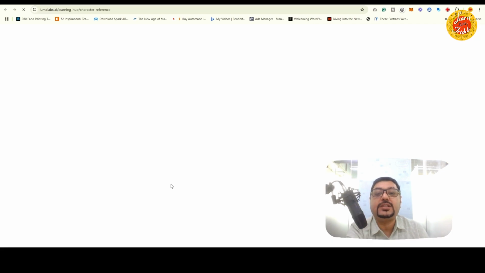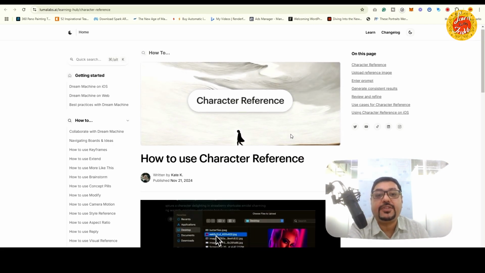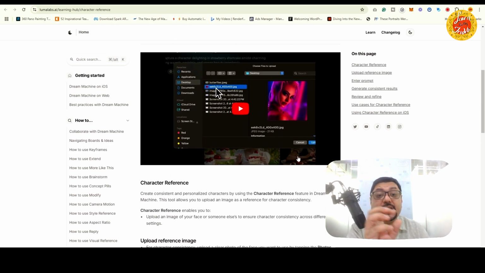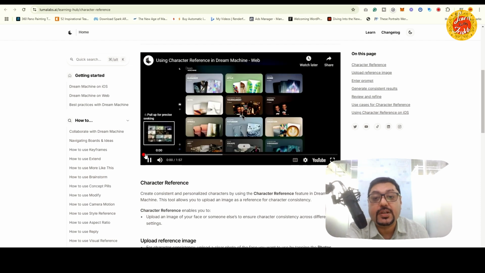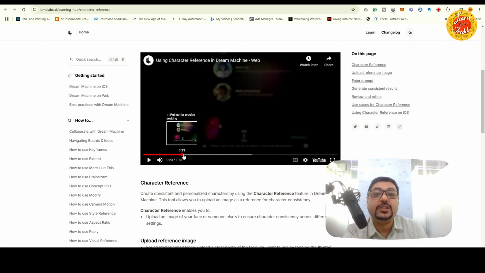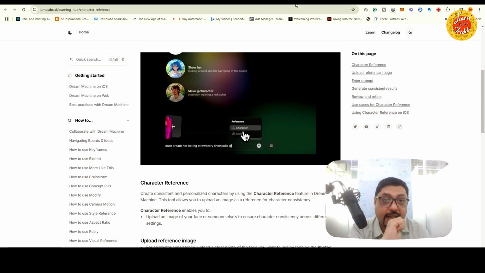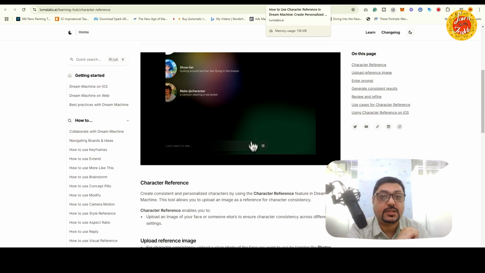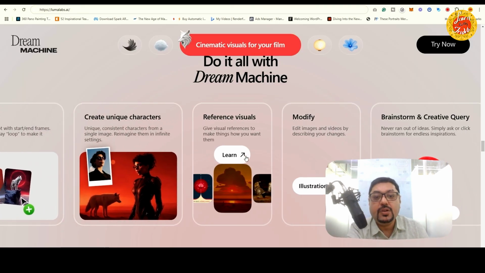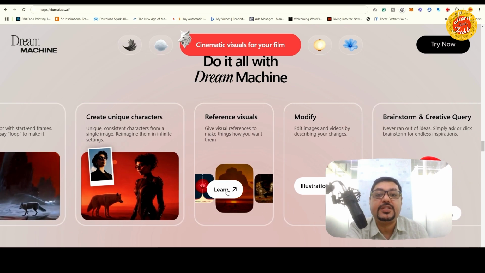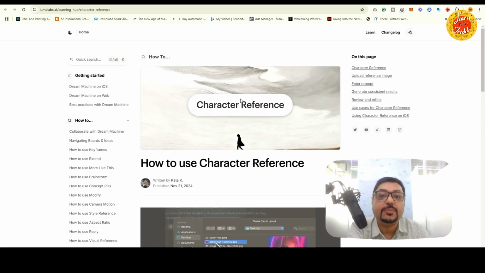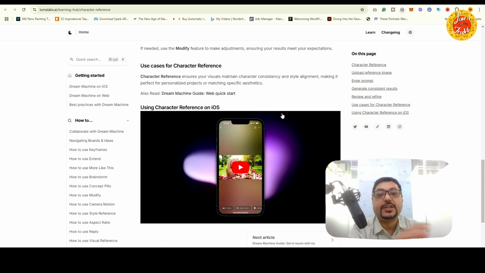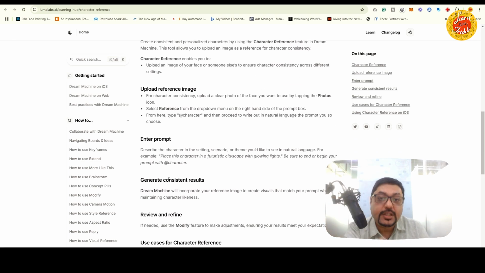Okay, so you can just go over there, you can see their reference character, how they have created each portion of the new interface. They have created it as one separate video. So these particular videos you can actually go through, and they have actually shown step by step how you can achieve consistent characters. Over here, you can see a lot of reference visuals. They have given a huge amount of reference visuals,